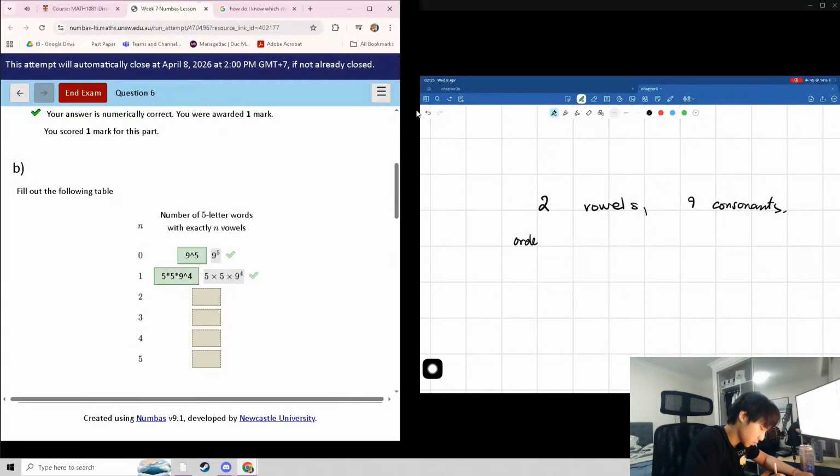Order doesn't matter. Reps count. N, C. R is a group of